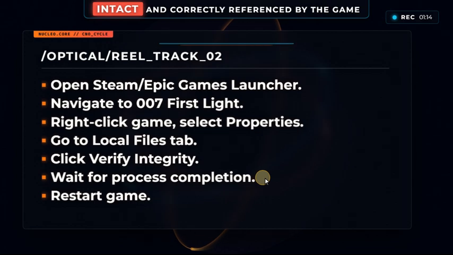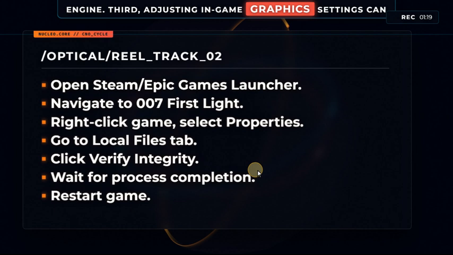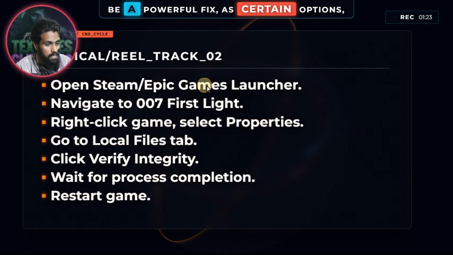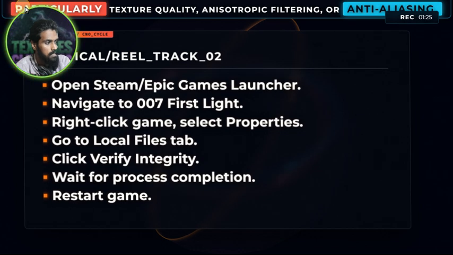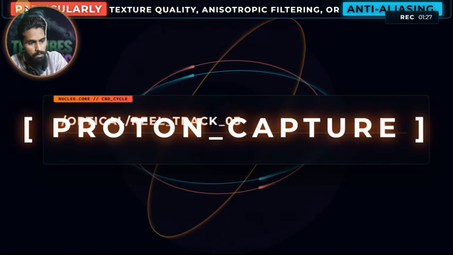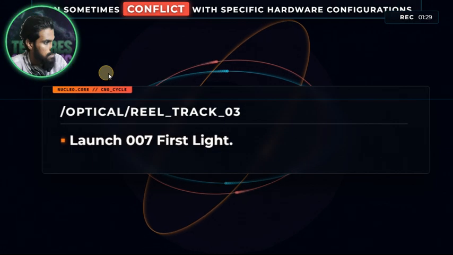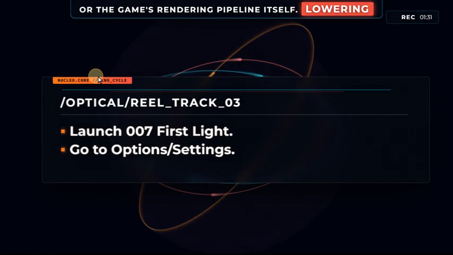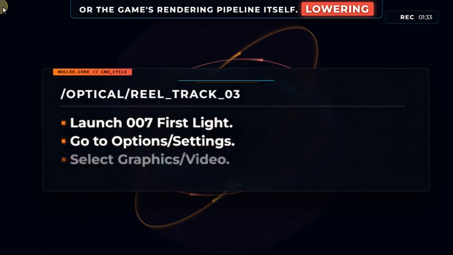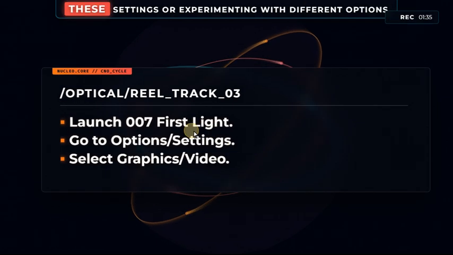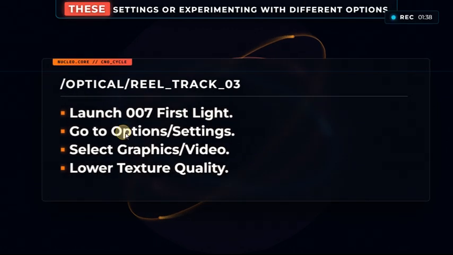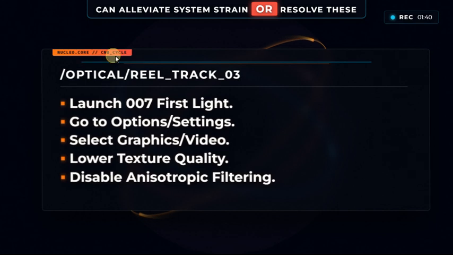Third, adjusting in-game graphics settings can be a powerful fix, as certain options, particularly texture quality, anisotropic filtering, or anti-aliasing, can sometimes conflict with specific hardware configurations or the game's rendering pipeline itself. Lowering these settings or experimenting with different options can alleviate system strain or resolve these internal rendering conflicts, often immediately